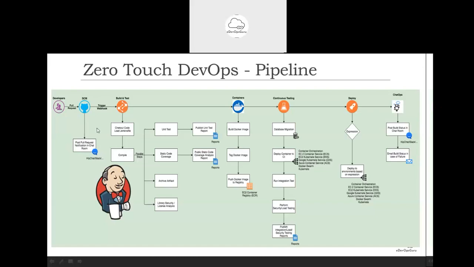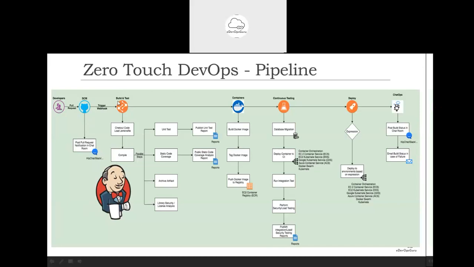Here the code is checked out. In this example, Jenkins is the basic heart of the CI/CD pipeline, or I would say the DevOps pipeline. It controls every step, which job needs to be done after which step.